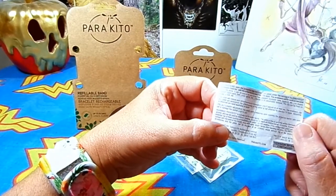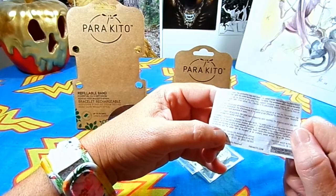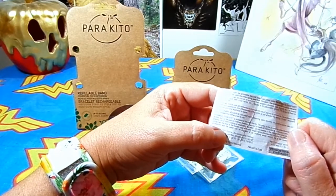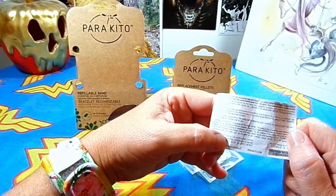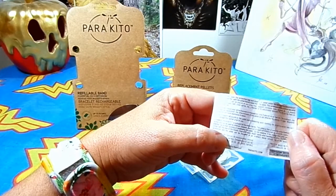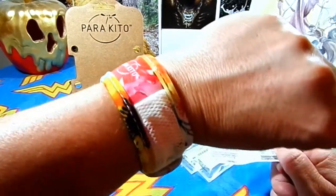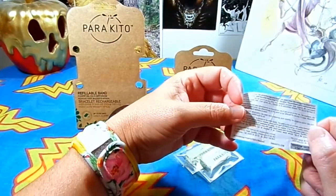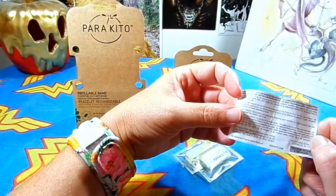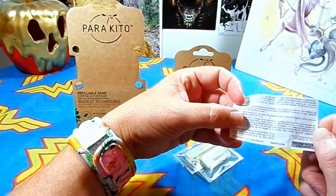So the pellet will reduce your attractiveness to mosquitoes only if placed on or near you. The wristband, clip and pellet are waterproof. The effectiveness of the pellet is not affected by placing it in water. Neoprene accessories are hand washable in water. Oh, there we go. This is neoprene, which is basically a type of synthetic beachwear, I guess. Actually, neoprene is synthetic beachwear. Anyway,